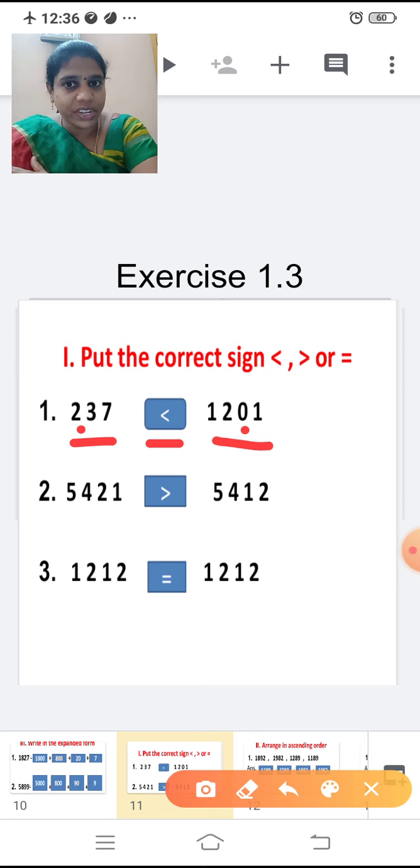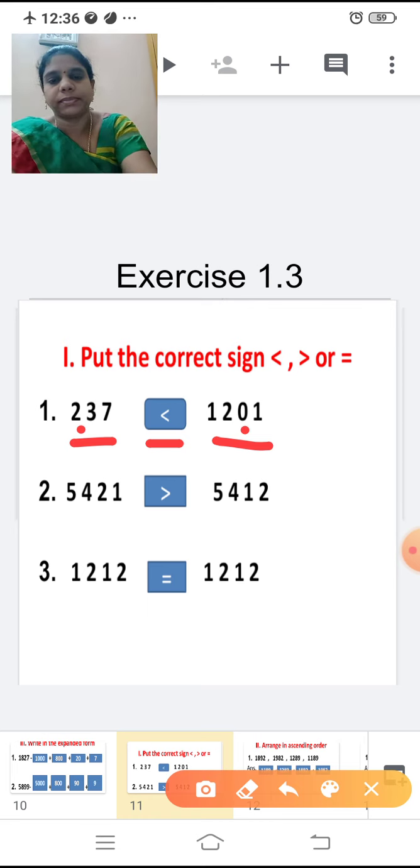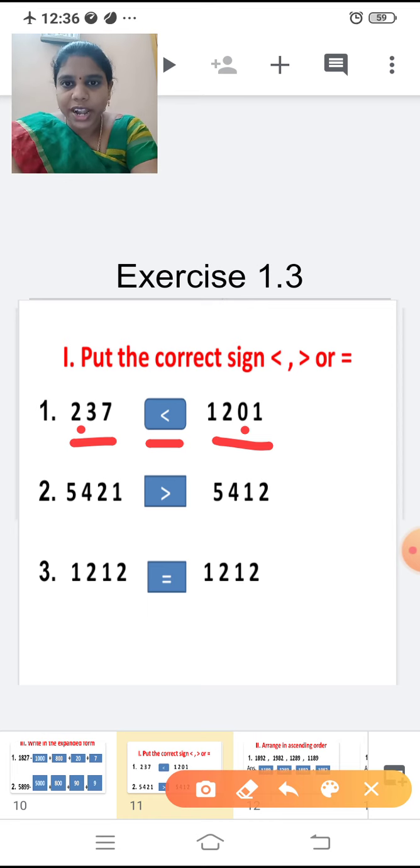How will you compare two numbers? First see the number of digits, and if the number of digits are equal, then what do we have to do? We have to compare from the left hand side, that means thousands place or hundreds place. So 237 is less than 1201. Second one,